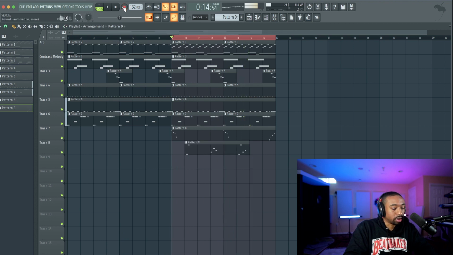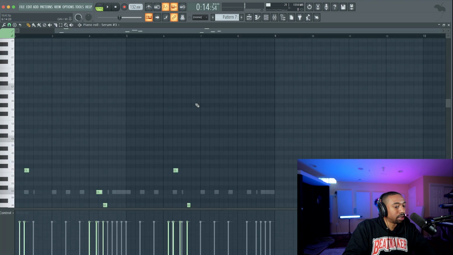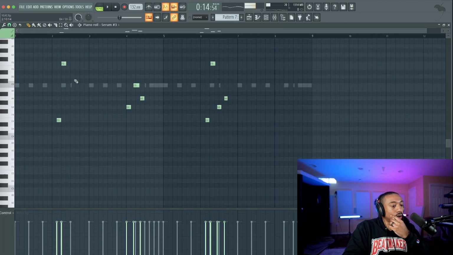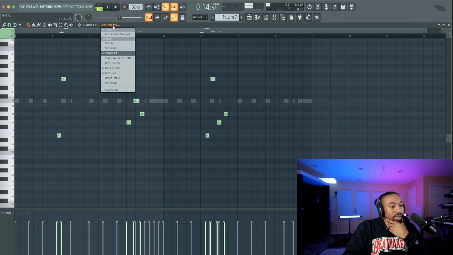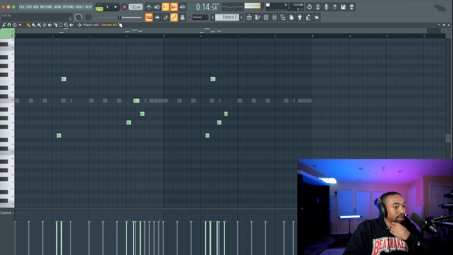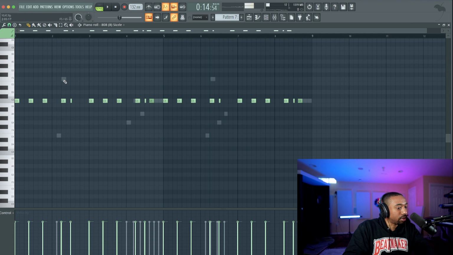Okay, so I'm just adding little jumpy notes. Now for this, what I'm gonna do here is highlight the bass and then highlight the 808, hit Control G so that they're grouped. The reason I'm doing this is because I have what's called ghost channels on, and now I can go in and see where the notes overlap, and I can manually just make sure they don't overlap. Let's click here, go to 808, and now I can see, okay, there's a note here. Let me get rid of that 808 so it doesn't clash.